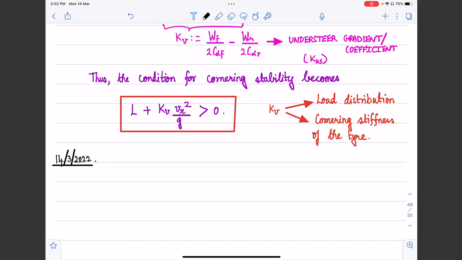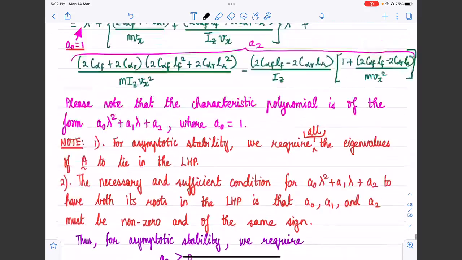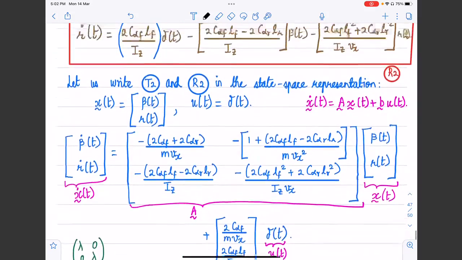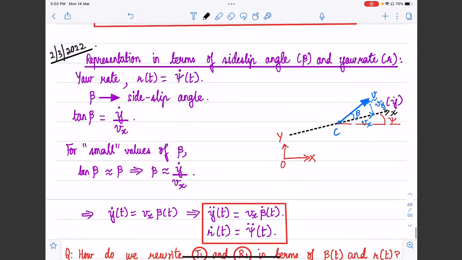Let's continue from where we stopped in the previous class. If you recall, we were dealing with this linear dynamic bicycle model. And in the previous class, we rewrote the governing equations in terms of the yaw rate and the